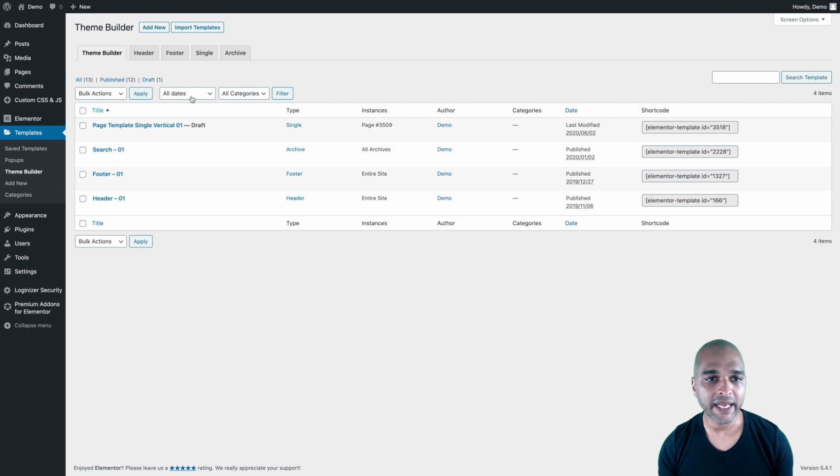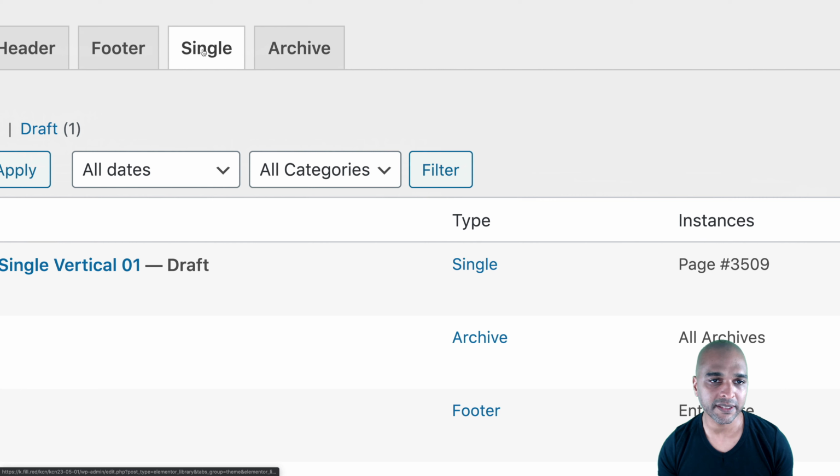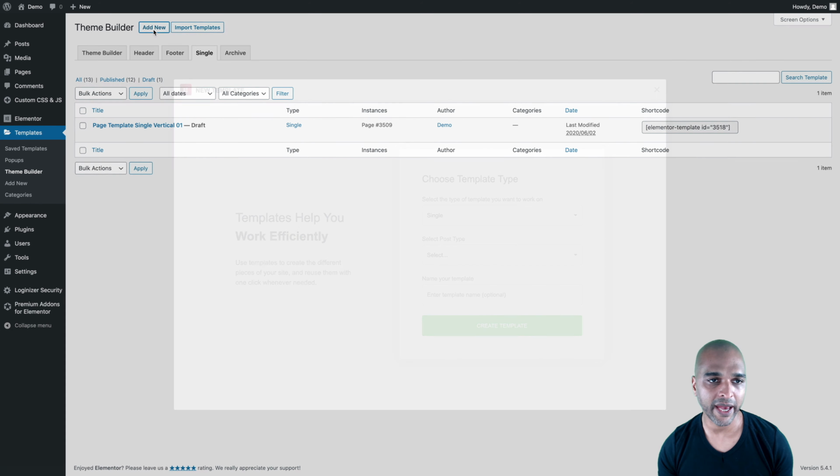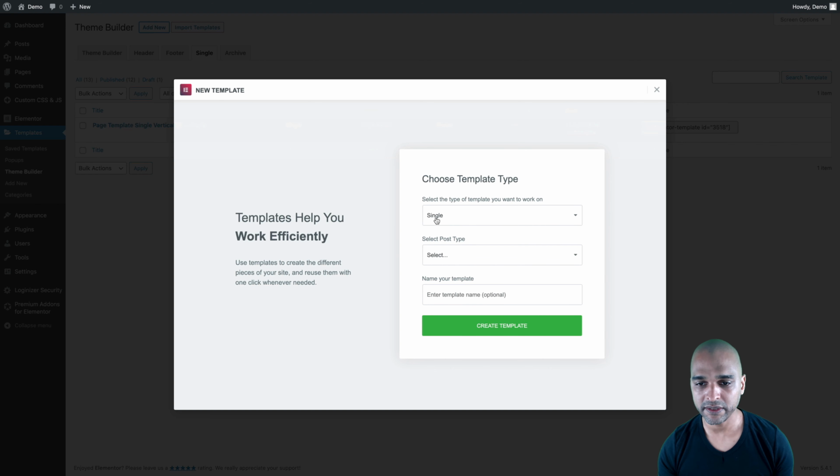Okay. And then you want to click on the single tab. So click on single. And now you want to click on add new. So make sure single is selected in the first drop down. And then where it says select post type, you're going to select page. Now give it a name, and I've called it page template single dynamic. You may call it however you want, but you will need to find this back. So this is how I've called it. So click on